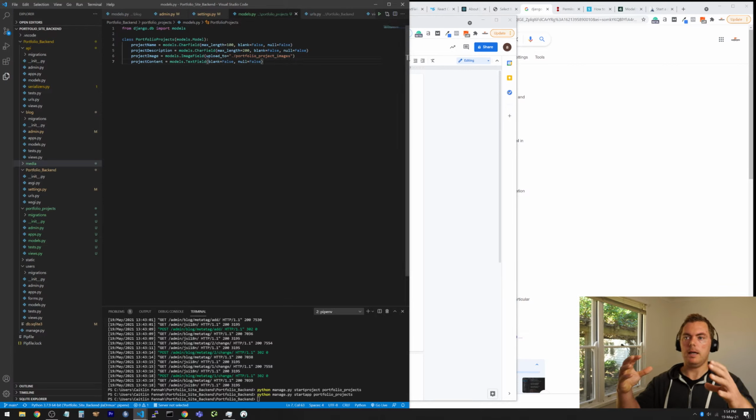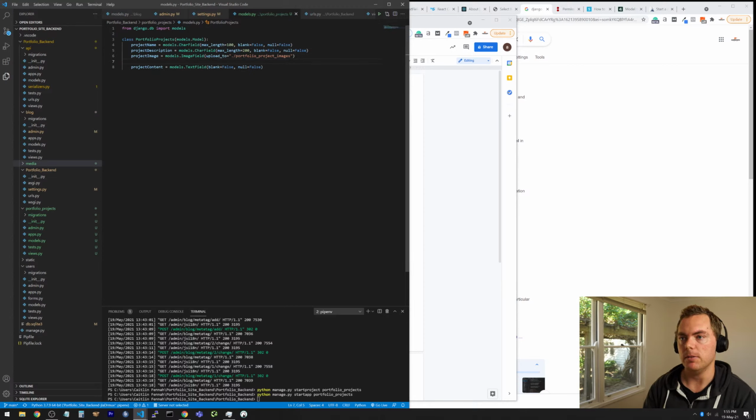So yeah, we're going to have the name, the description, and the image in a card, and we can click on the card. That can perhaps open up a modal, which will contain the name and then the project content: what was the problem, what was the solution to the problem, and the tech stack that I used. It will also have a link to the project itself,